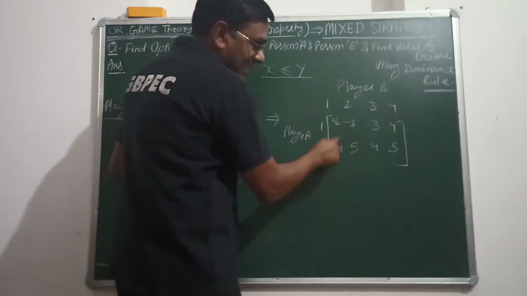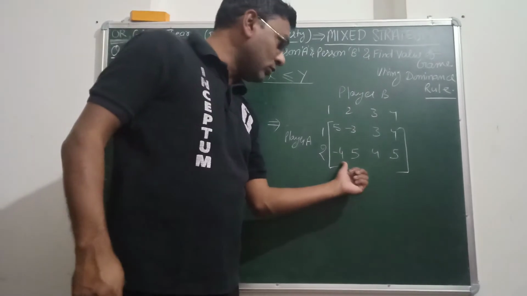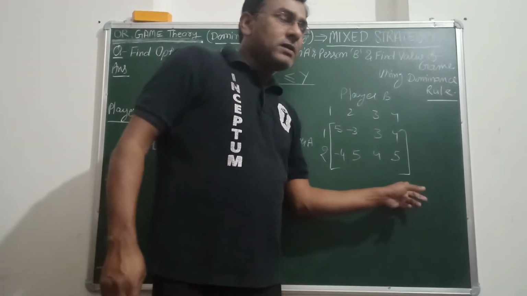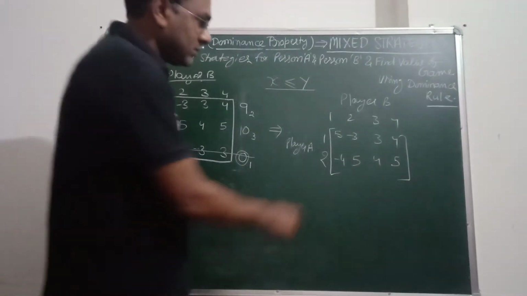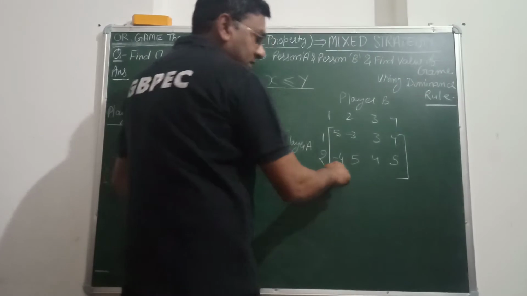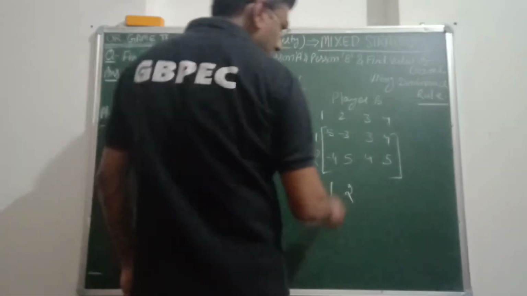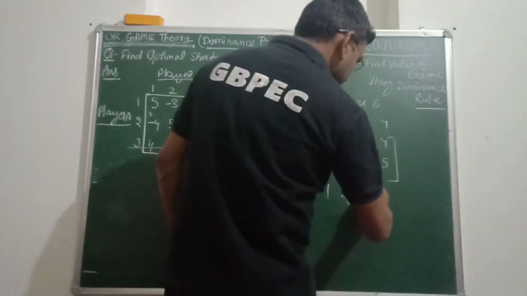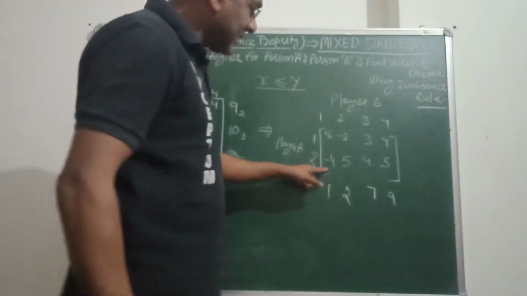We will add these values and then find the maximum value. In case of row, we have to choose the maximum value from the sum, so that column can be compared with the other values. Okay, the sum is here. Now 5 minus 4 is 1, 5 minus 3 is 2. Okay, 4 plus 3 is 7, and 4 plus 5 is 9. Okay, we have to add these values.